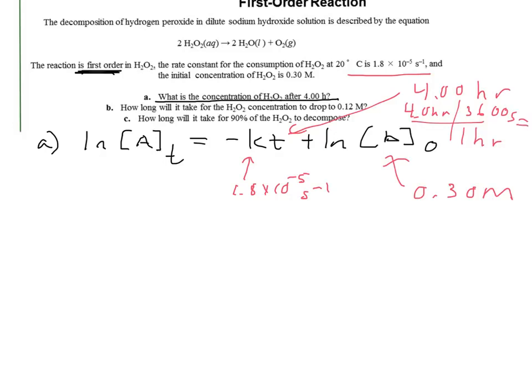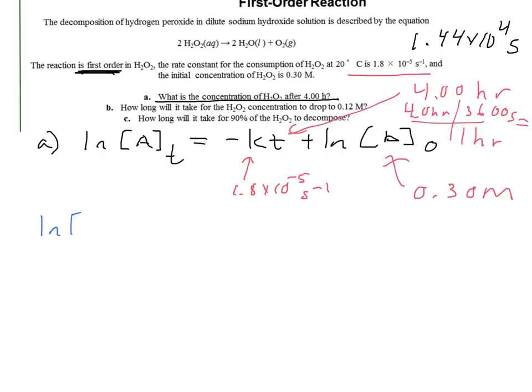So that means my time is actually 4 times 3,600, equals 1.44 times 10 to the fourth seconds. So now I just have a straightforward plug and chug situation here,